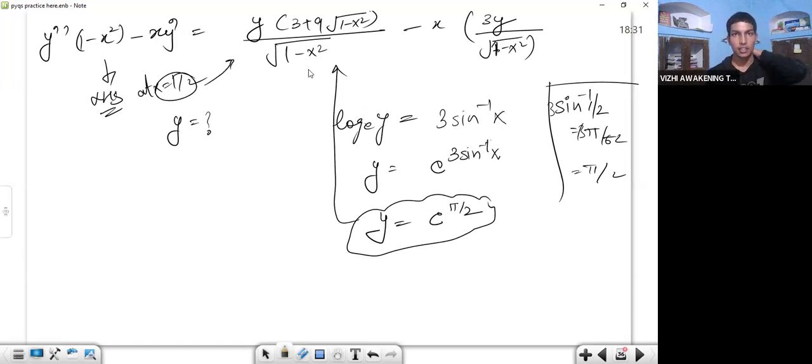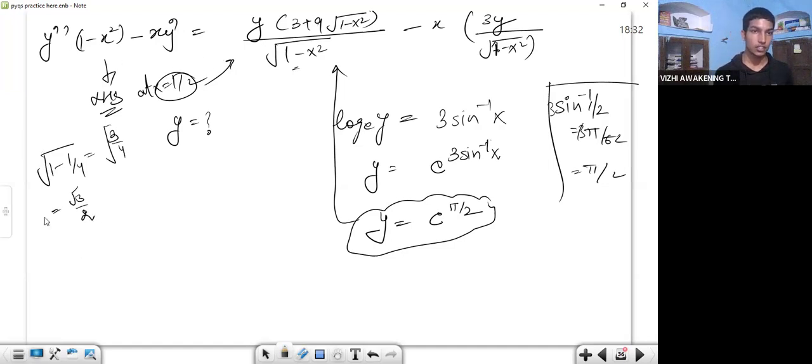Before doing that, let us see that there is this common term of square root of 1 minus x square. So let's find out that 1 minus x square is what? 1 by 4. So it becomes 3 by 4. So we can write it as root 3 by 2. Let's do that. Whichever our question statement is, left hand side, we are going to find the answer right now. So e raised to power pi by 2 into 3 plus 9 into root 3 by 2